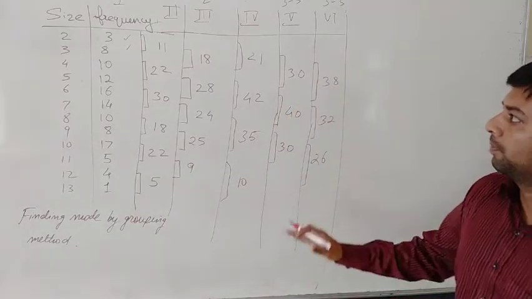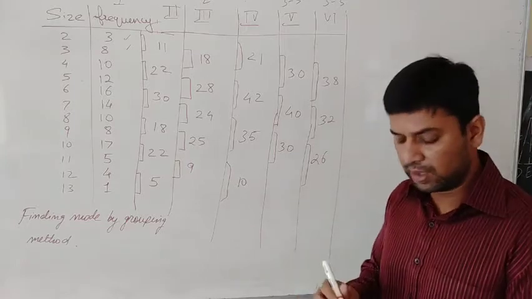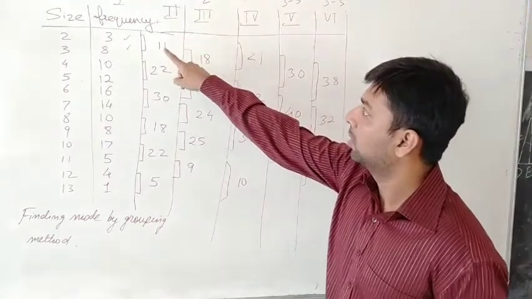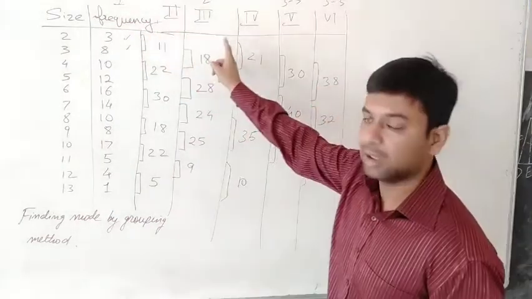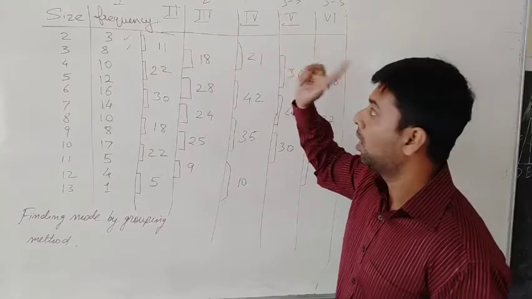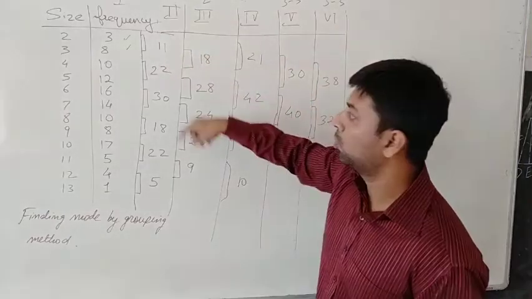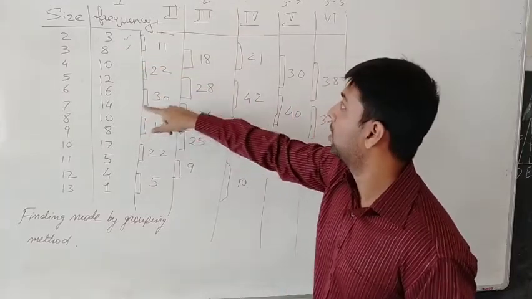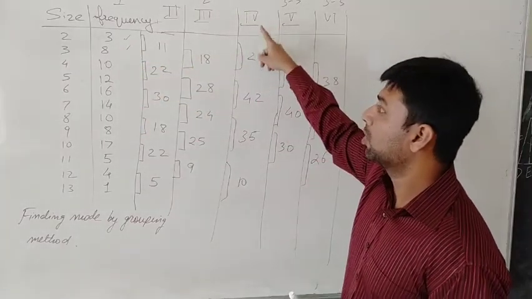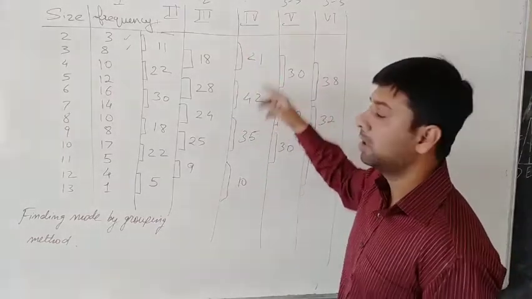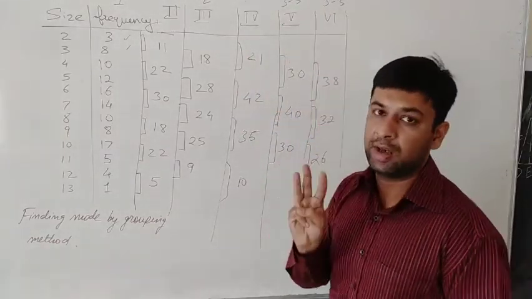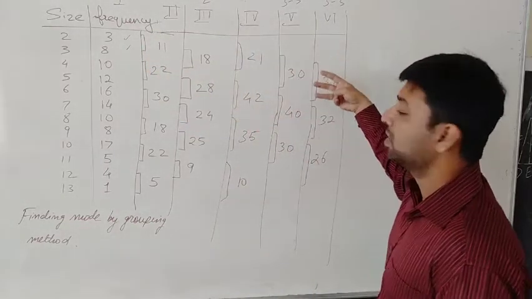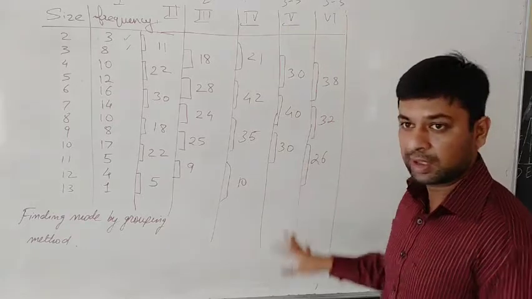So we have made this grouping of the various frequencies. Now this was our first step. What we did in the beginning, this was the first column, second, third column, fourth column, fifth column, sixth column. How we proceeded? First make group of 2 every time. Then leave one: we left the first and made groups of the other two. Then after this we are making groups of 3, then leave one, make group of 3 every time, then leave 2 frequencies and make groups of 3 from the rest. This is how we have to do it here.